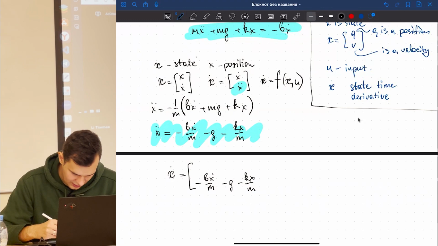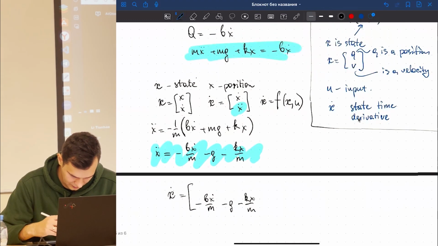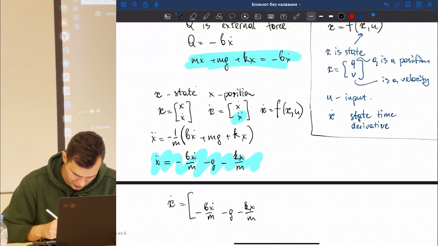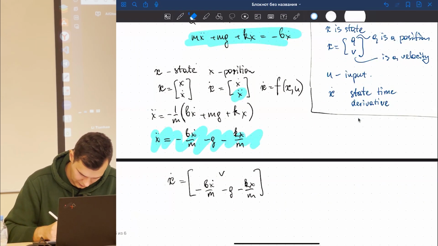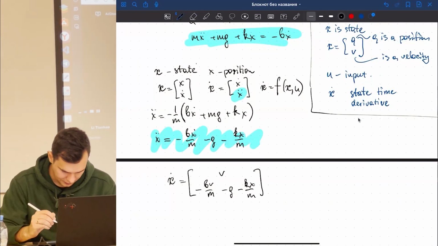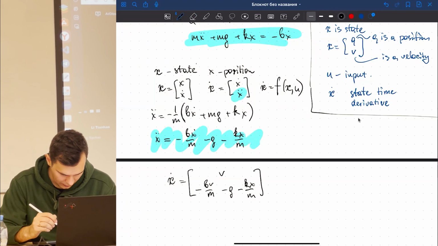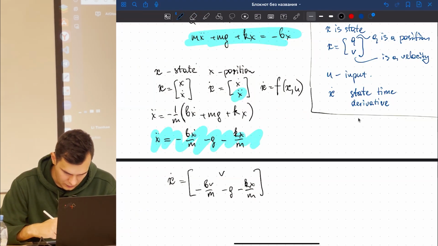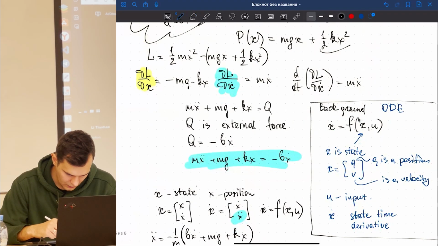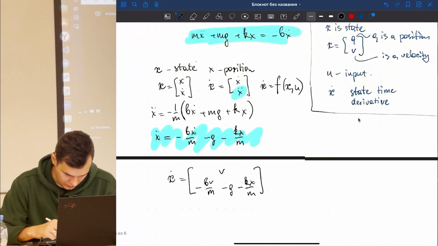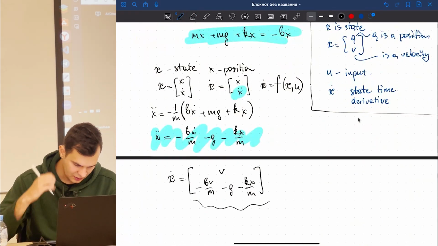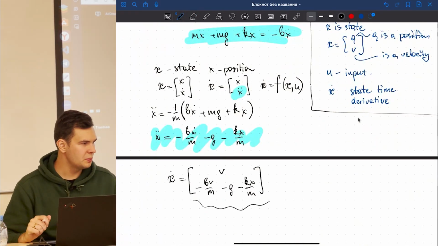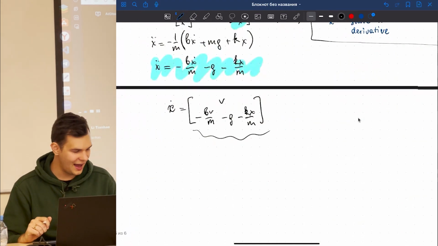It's still something ugly. And x dot will be just like velocity v. So something like this, we can go through and make it a little bit less ugly,